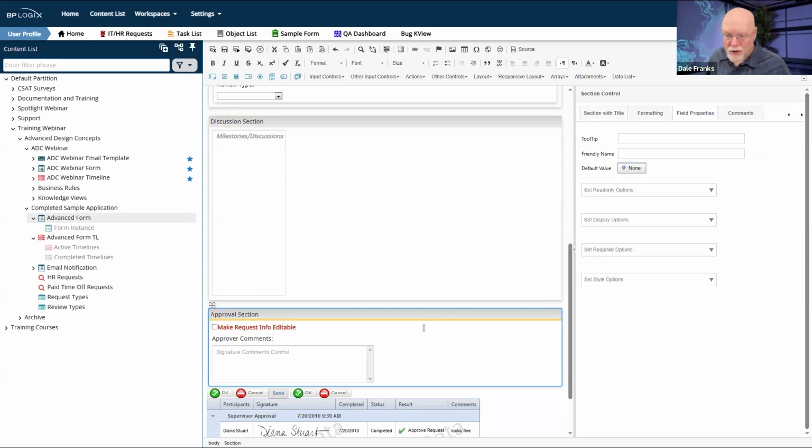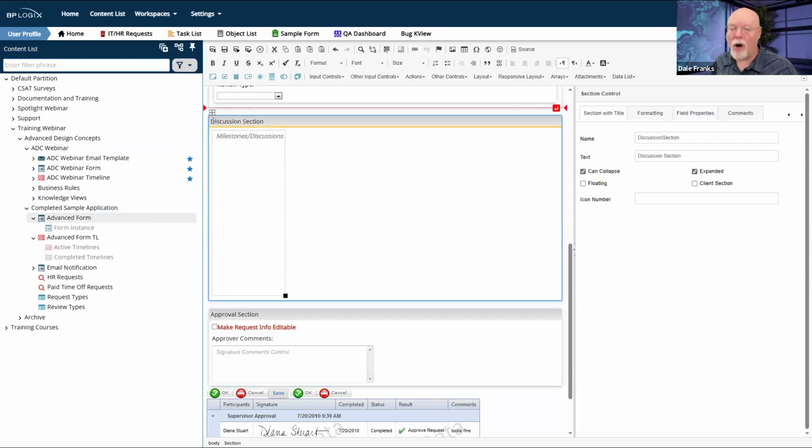The best thing to do would just be to set the visibility on these as well as the enabling. Although if you want to have the approval and the discussion sections open at all times, at least in the process and after, you can certainly do that.